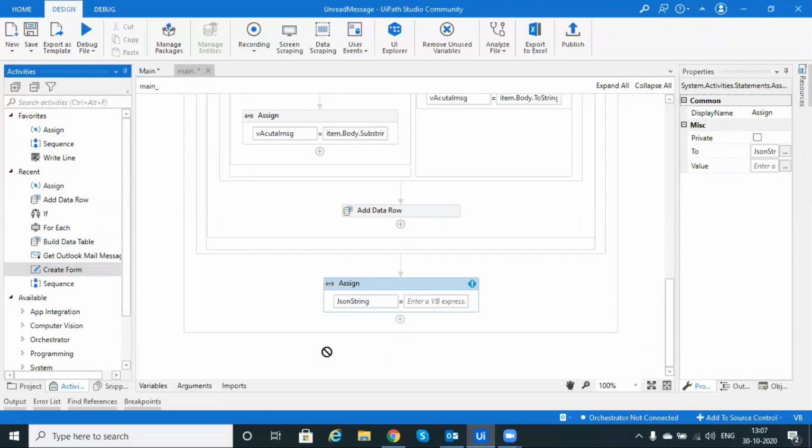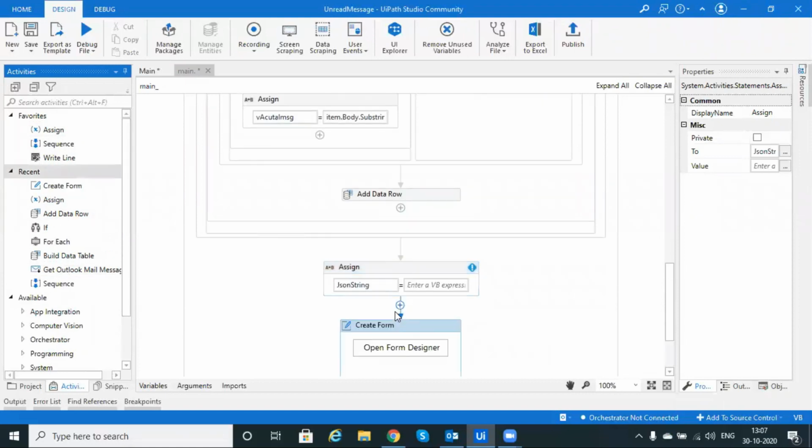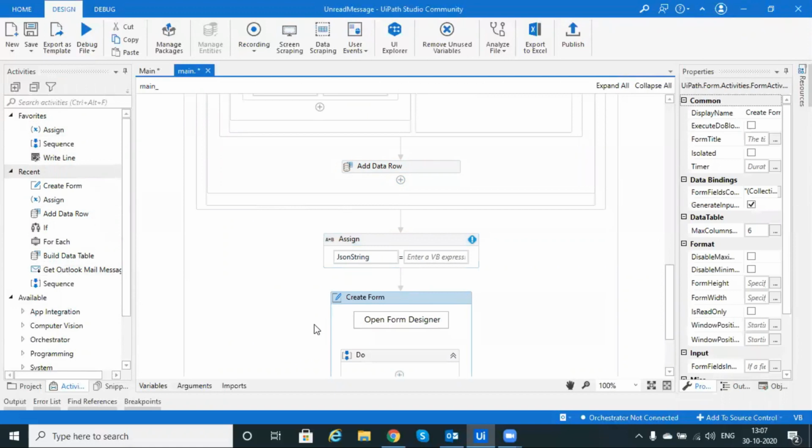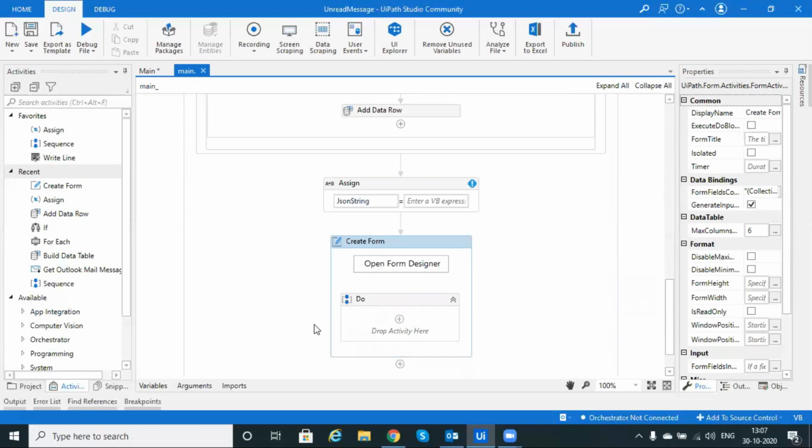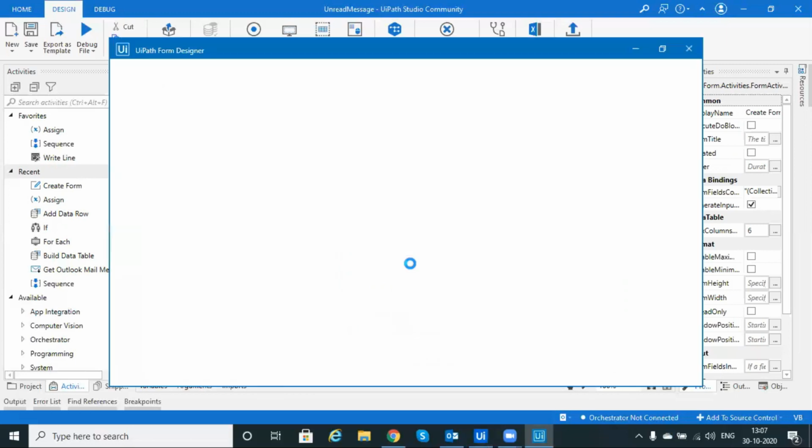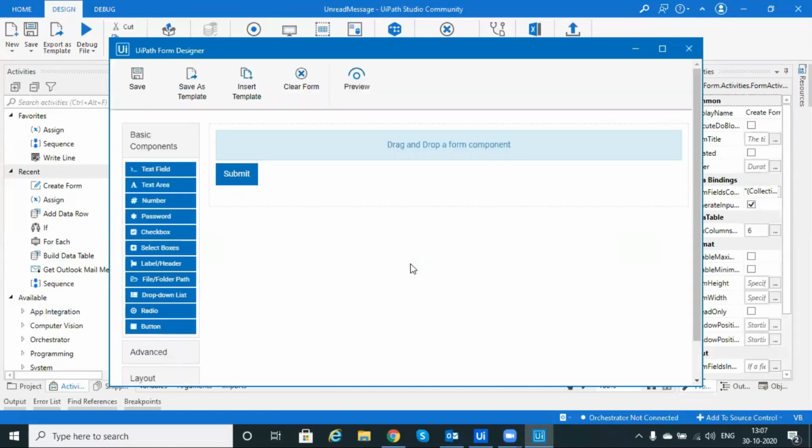And for showing that in the dashboard we will take Create Form, right? So Create Form, we will open Form Designer, and here we will create all these things, whatever the requirement. Let me wait.